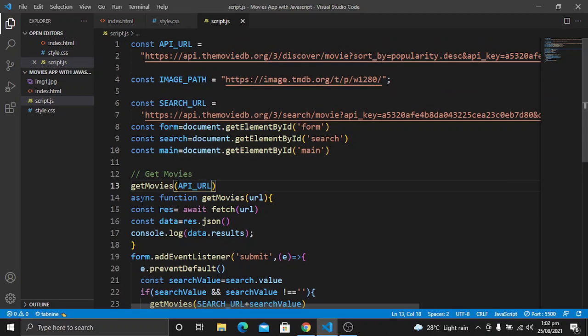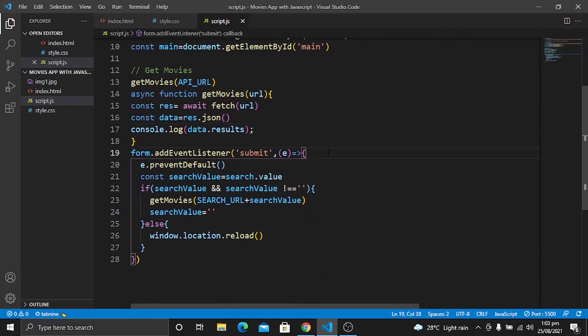The function will receive this parameter, fetch data from it, convert the data, and console.log the data. We will create another function because we want these movies to be displayed.